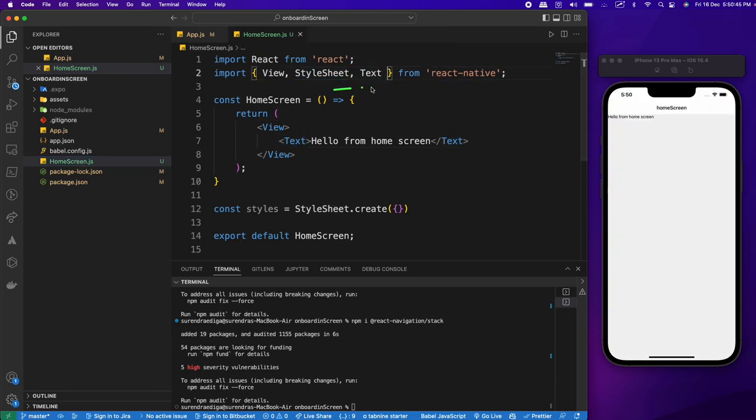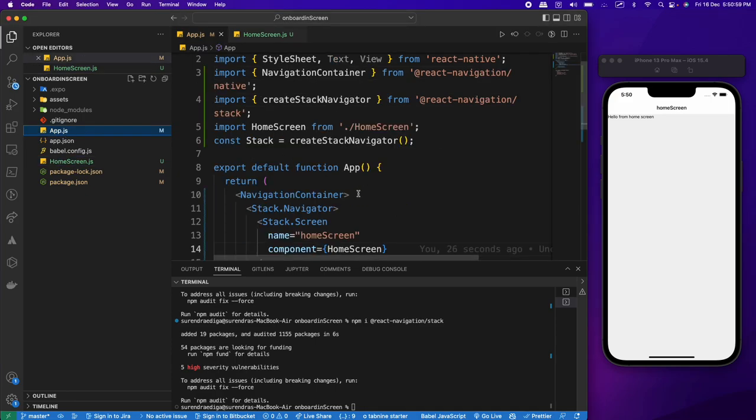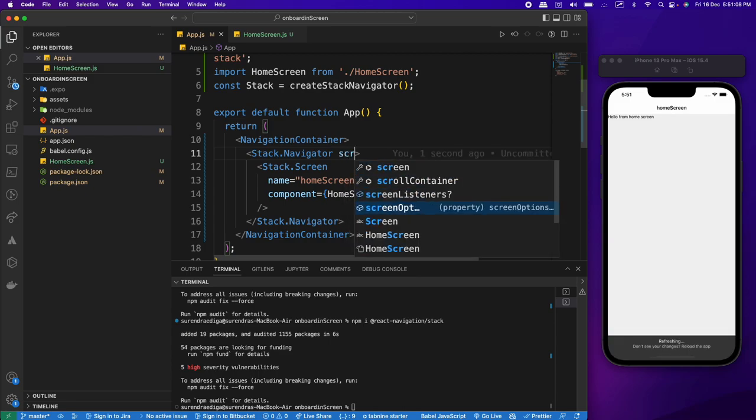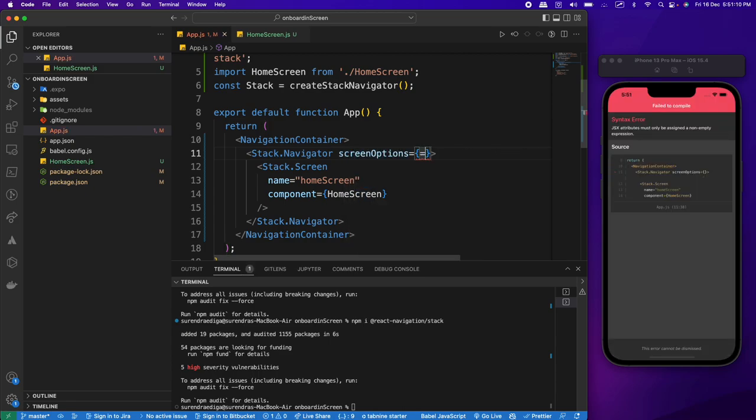So this simply means that this file is running. You can see "hello from home screen". This is the home screen. And if you want to hide the header, you need to do it in the Stack Navigator, not in the NavigationContainer. Over here, screenOptions,